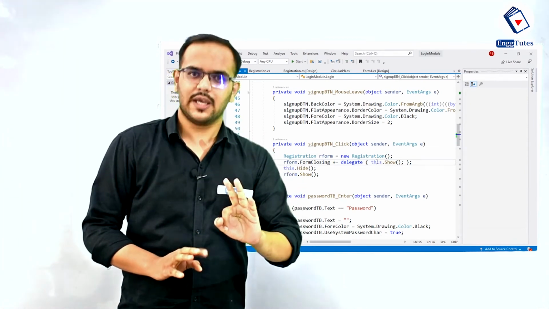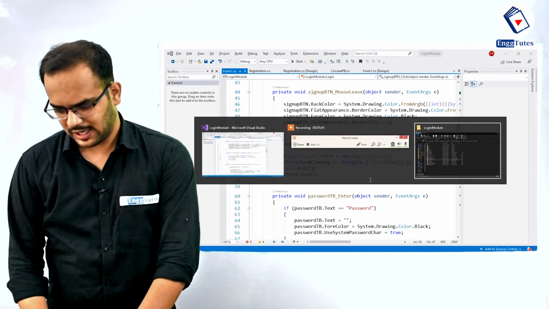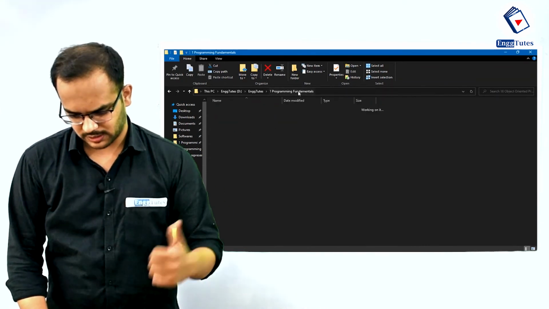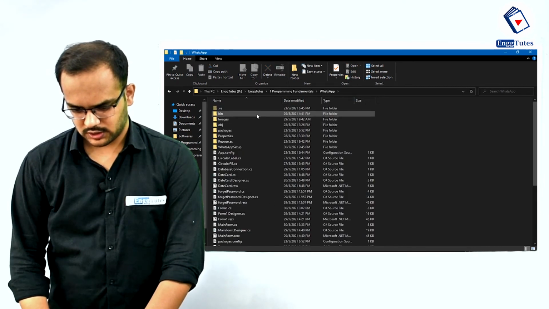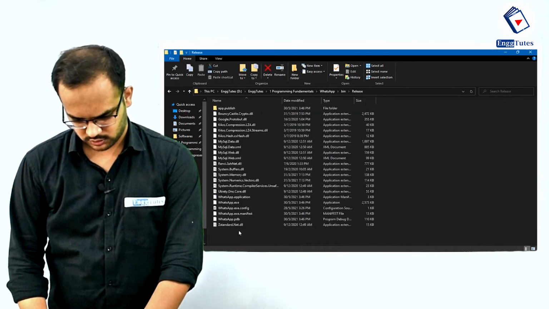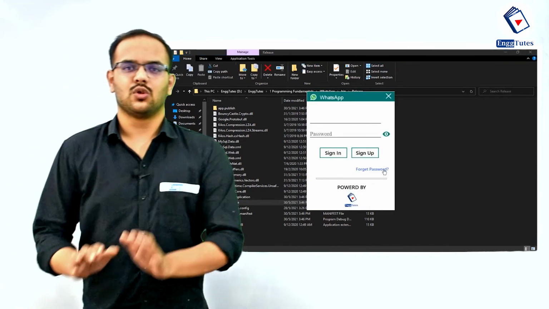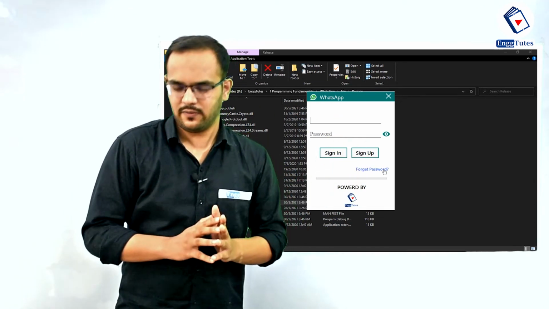Now the third form is remaining, that is nothing but the forget password form. So it's your task. I will show you what exactly you have to do through our WhatsApp login module. Okay, so I will just run that. Yes. Okay, so just focus on the front end. You don't need to send any OTP or similar code.